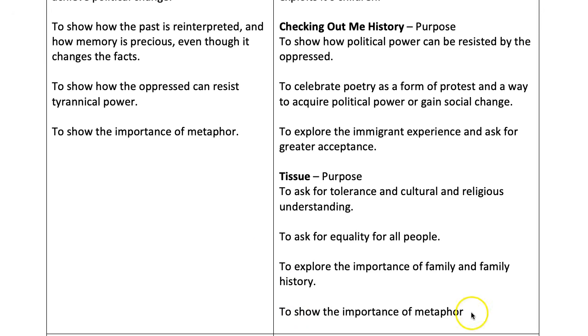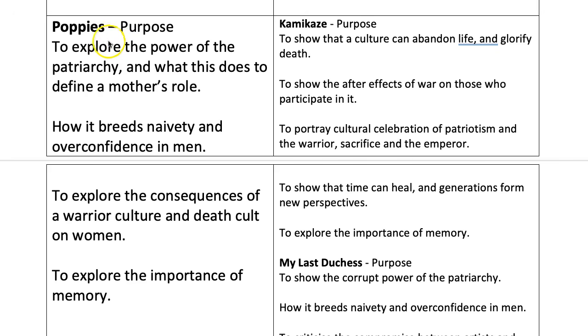And the other thing is, this is a poem full of metaphor, just like that one. And so there is a stylistic and structural connection. So that would also be a really good comparison. And now we come to Poppies. This poem is written to explore the power of the patriarchy again. What this does to define a mother's role. So this mother has to hide her emotions from her son, put aside her misgivings, and respect his desire, presumably